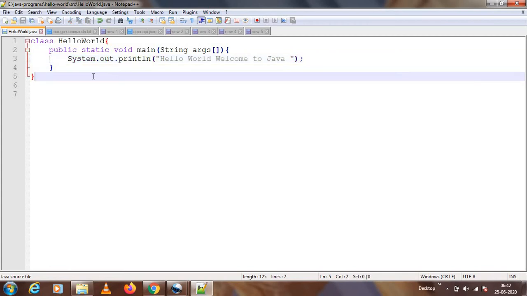I will not compare any other language as of now. Even though you don't know any other language, don't worry. We will be seeing this without any programming knowledge. I will explain Java, so you don't need to already know some existing languages to learn Java. Okay, so I will suggest you guys.